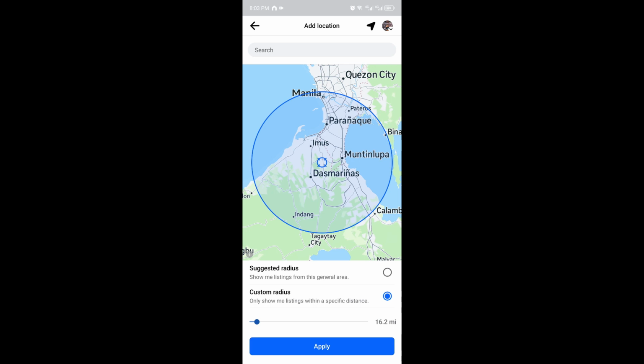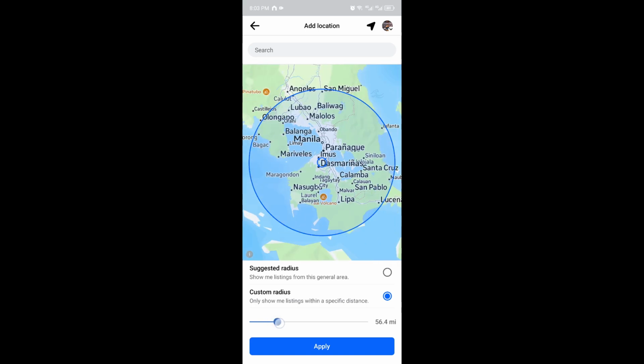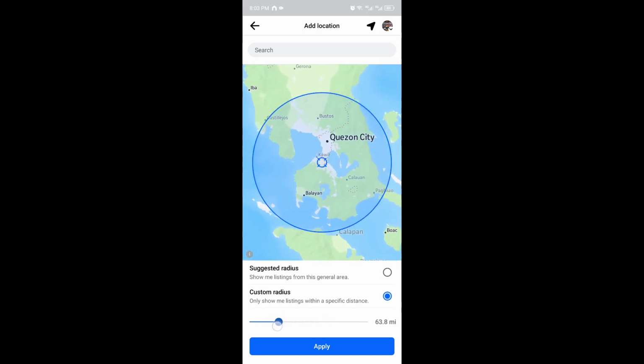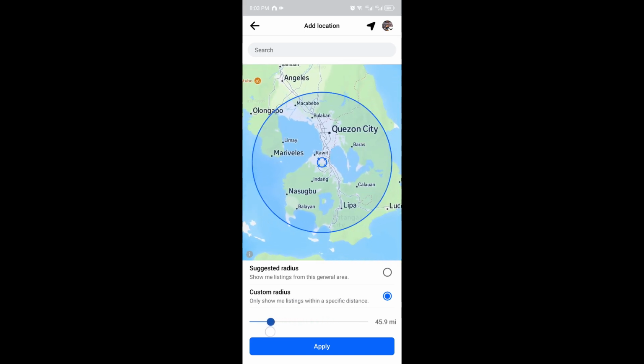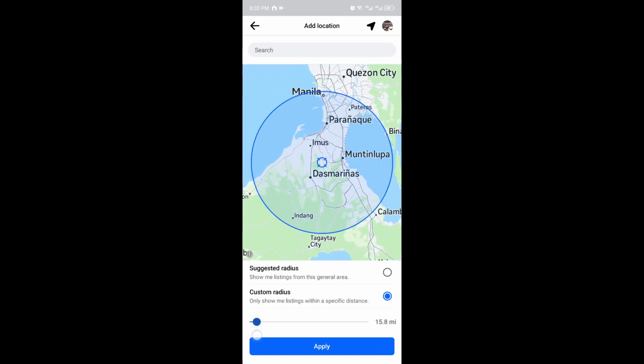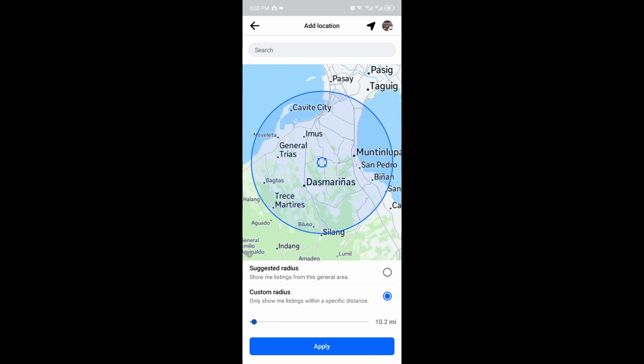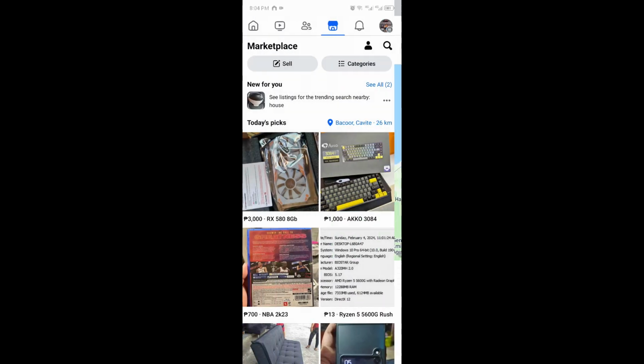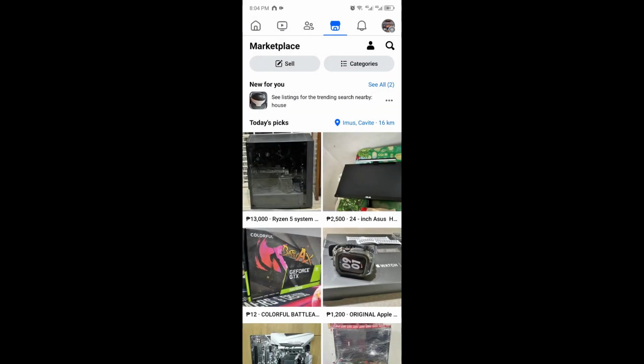So right now I have the custom radius of 16.2 miles. You could just adjust this slider to make it wider, or you could turn it down to make things more in your place. Once you're done, just click on apply, and that will adjust the location